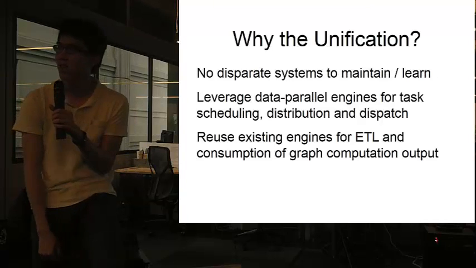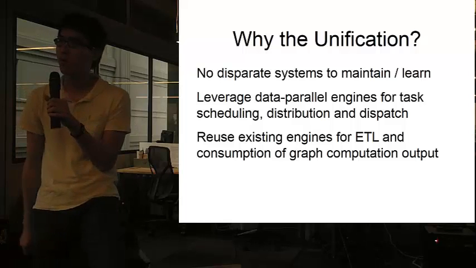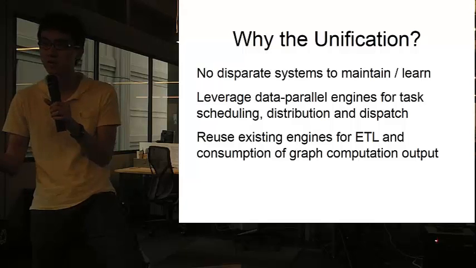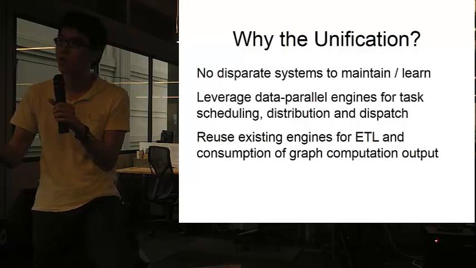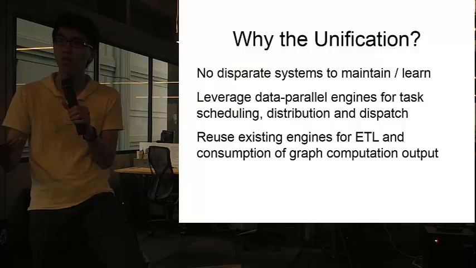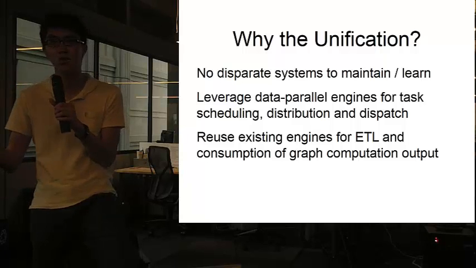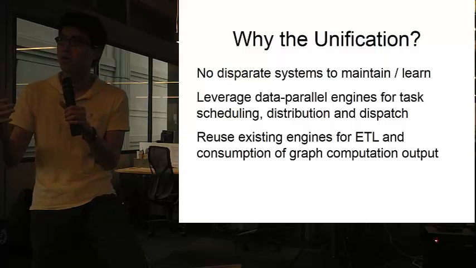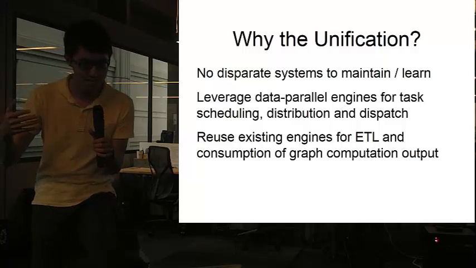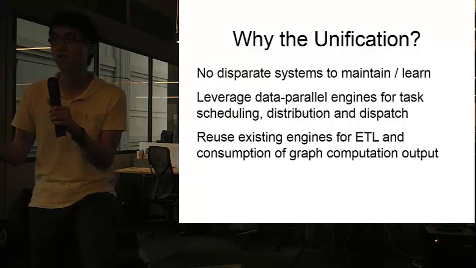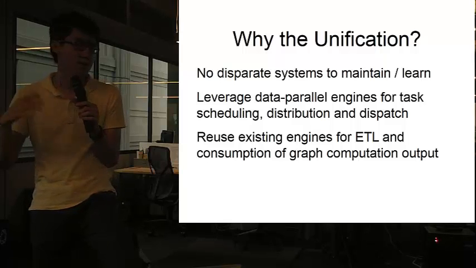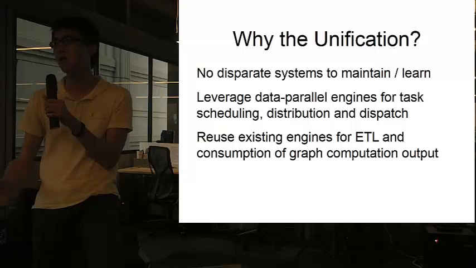And why again? It's going back to our original question, what's wrong with specialized systems? We don't want separate specialized systems to maintain. We want to leverage the existing system, since there's a lot of engineering that's gone into a good engine like Spark that takes care of task distribution, scheduling, and all of those. And we don't want to rebuild all of those. And then there's engines like Spark, great for ETL. Let's just reuse Spark for ETL instead of having Hadoop on one side to do the ETL and then piping